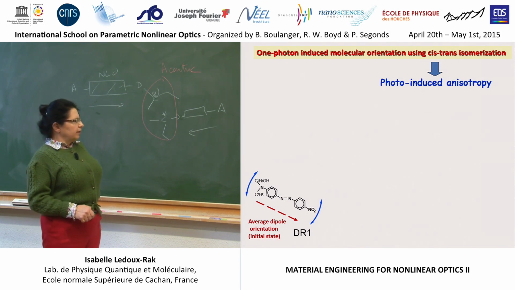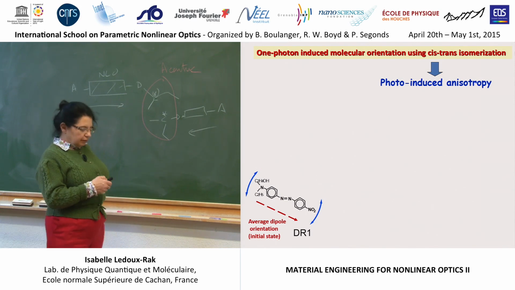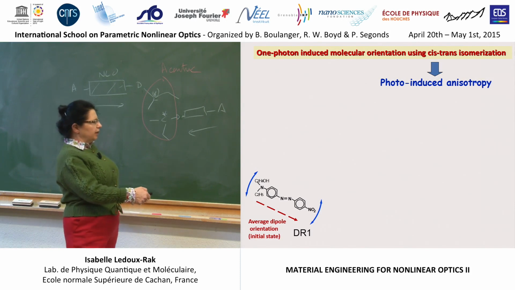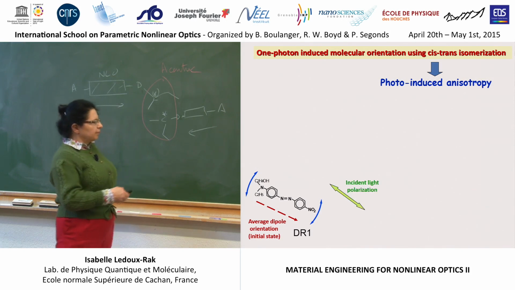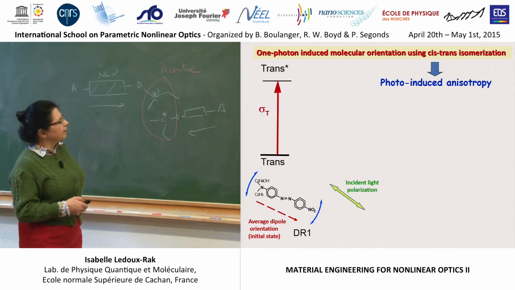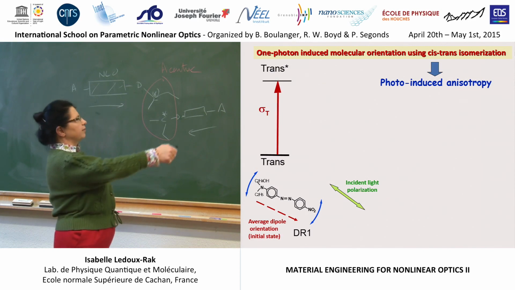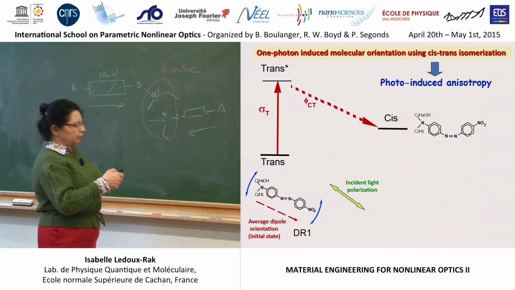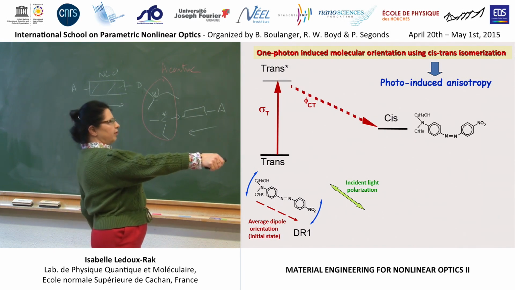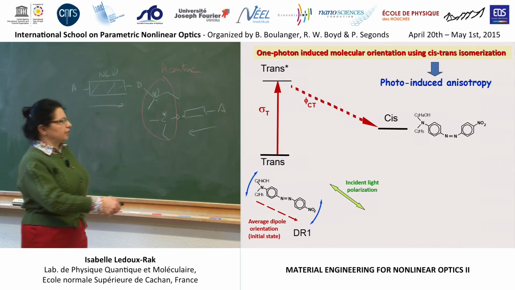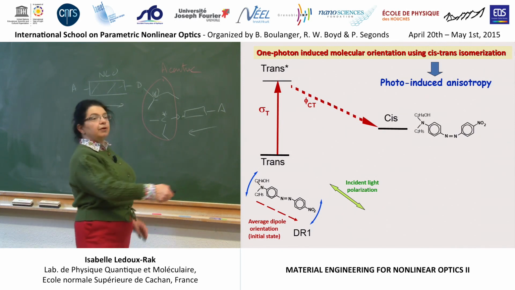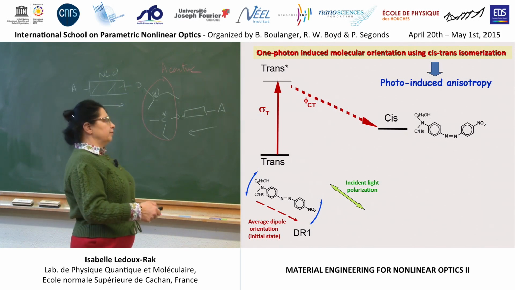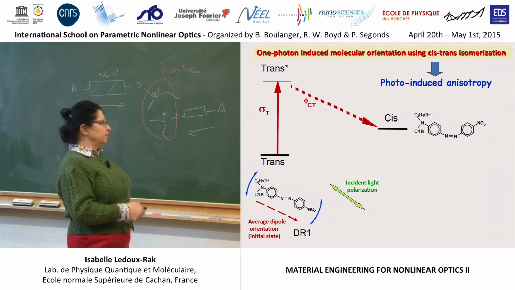And in this condition, a molecule will change its shape and go from the so-called trans form, where the two rings are on each side of this double bond, to a cis form. After excitation to the excited state, the molecule can relax to the cis form here. You change the shape. And after that, this form is not very stable and can relax spontaneously, or upon blue or UV excitation, towards a trans form.